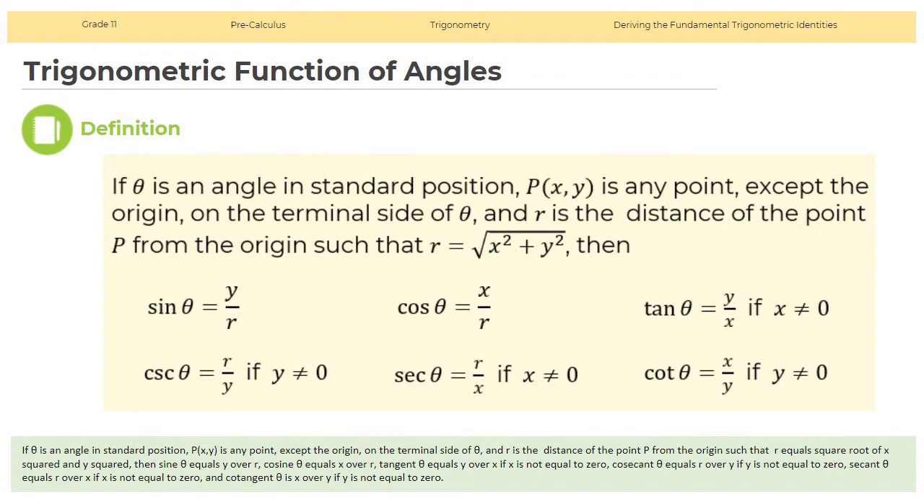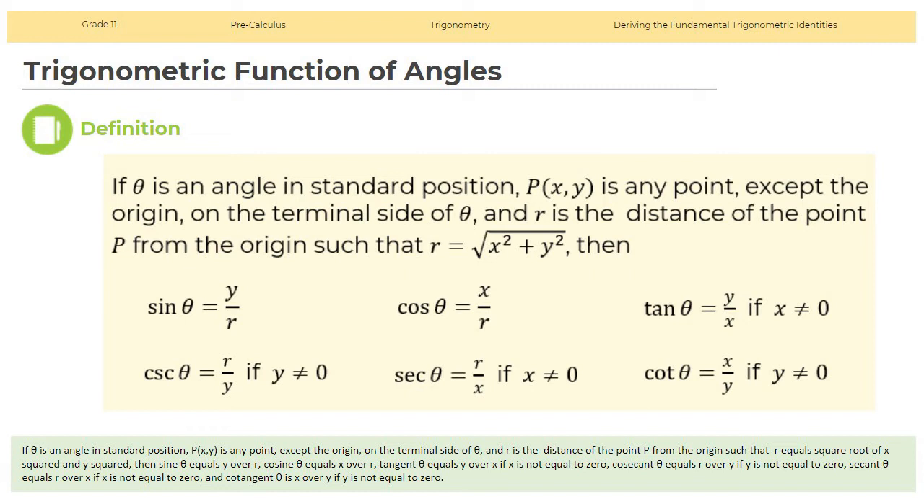If theta is an angle in standard position, point P in terms of x, y is any point except the origin on the terminal side of theta, and r is the distance of the point P from the origin such that r equals the square root of x squared plus y squared, then sine theta equals y over r, cosine theta equals x over r,